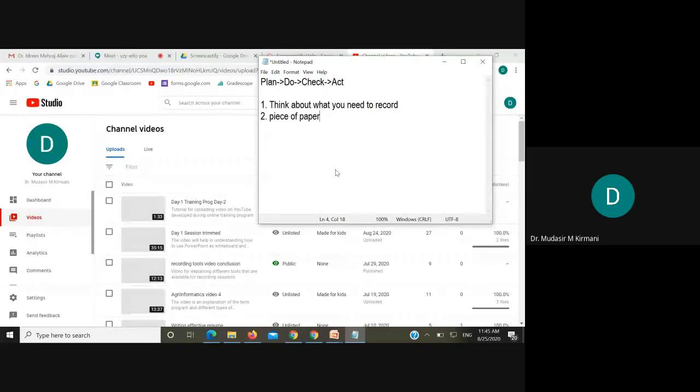As a teacher, I need to have a PowerPoint presentation. If I need to have a PowerPoint presentation, then what I need to do is prepare it. Slide 1, what I'll be discussing, what points I'll be discussing. Then step 2, what points I'll be discussing. Then step 3, then